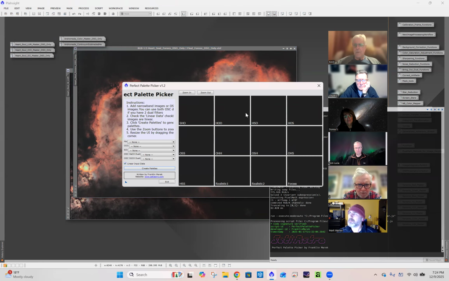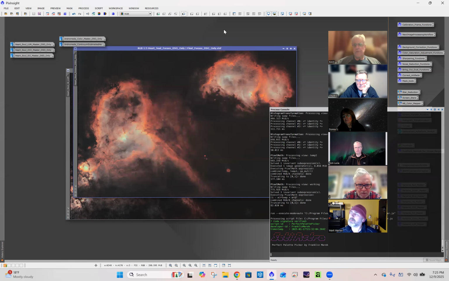Okay. These are pictures you took with your telescope, correct? Yeah, these are pictures I took with my telescope. Okay. And they come black and white, or do they come in color? They all come in black and white because I use a monochrome camera. Okay. And how do you get to something with color like